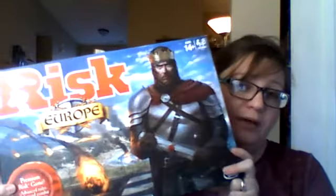This is another one that we actually got at those particular bins. And again, this is one I didn't even look up. It's a Risk Europe game. I knew that some of the other Europes or the other Risk games are really good. I just actually last week before we went to Florida had processed all of my Risk games that I had sitting here. So I already knew about what the prices were for those. And I knew when I was looking at comps for some of the other more specific games, some of these weird ones,